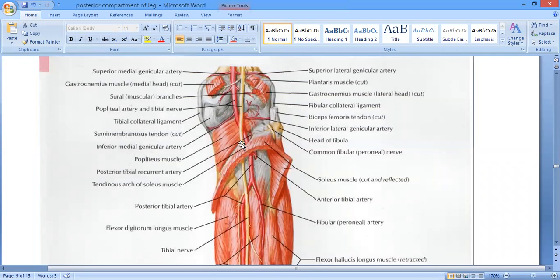Right? And then it enters the posterior compartment by passing behind this soleal arch. Just like your posterior tibial artery went into the posterior compartment, similarly it is going to enter the posterior compartment while running on the medial aspect of the posterior tibial artery behind the soleal arch. And again, it is going to cross the posterior tibial artery from the medial to the lateral aspect. You can see, it first runs on the medial aspect of the artery, then it crosses it posteriorly, and then ultimately it comes to lie on the lateral aspect of the artery.